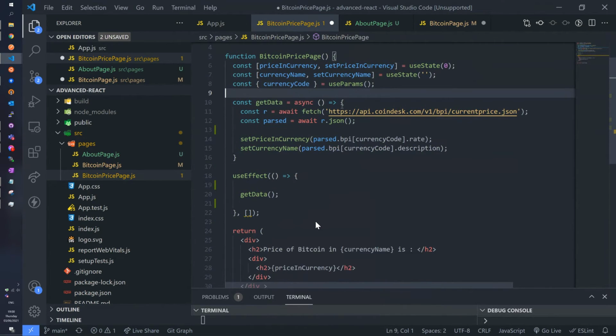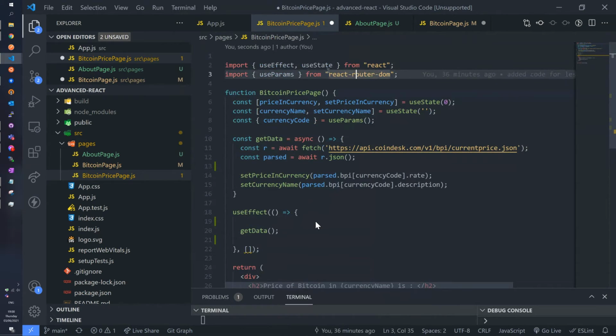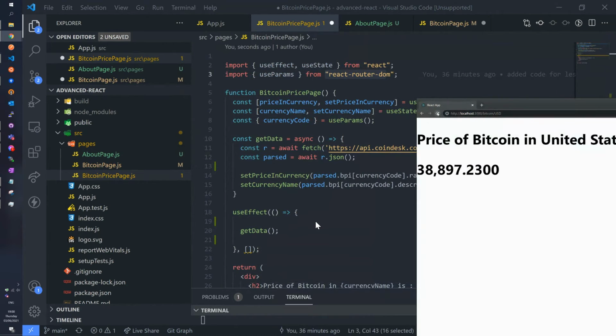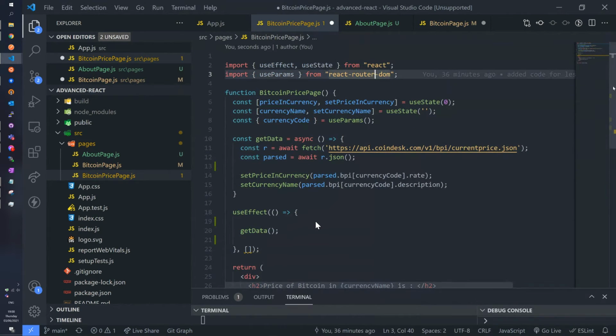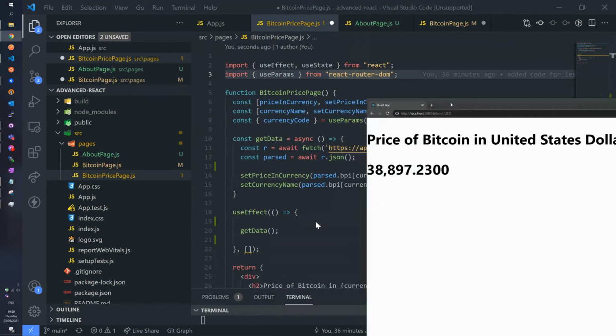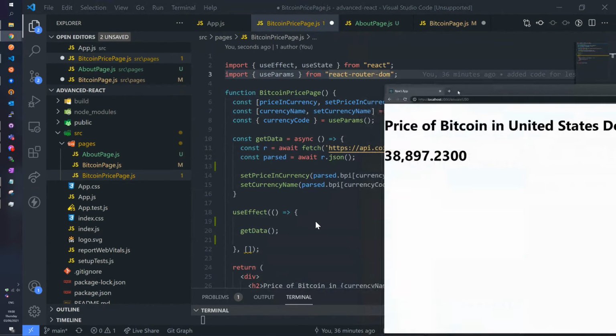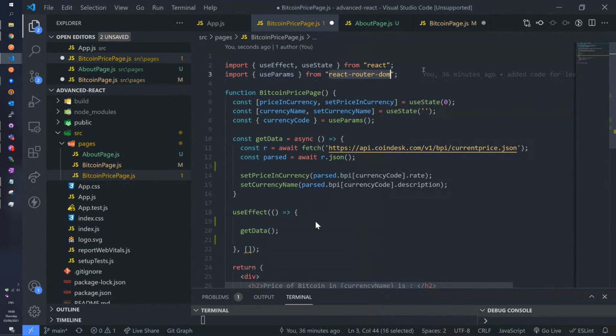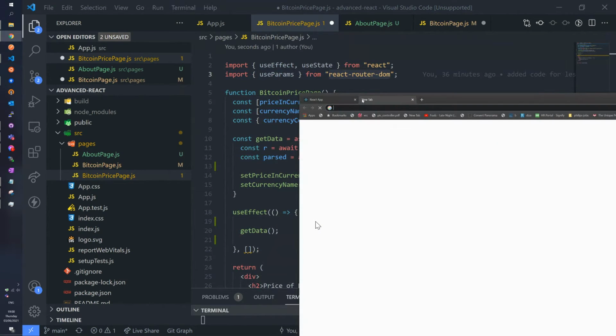So I import again this library called React Router DOM. Yes, there you go. So that's where the other routing package comes from.